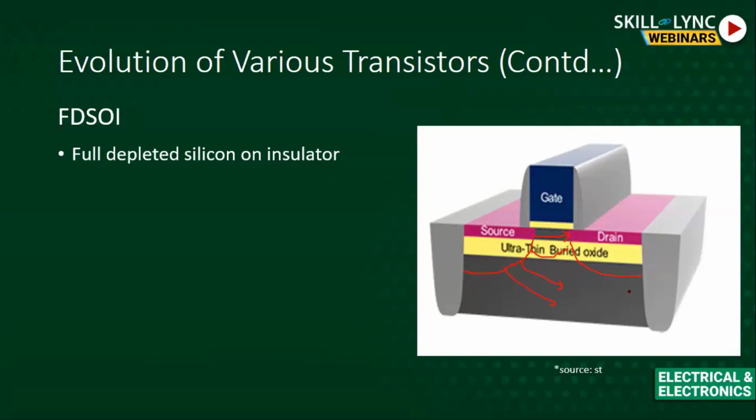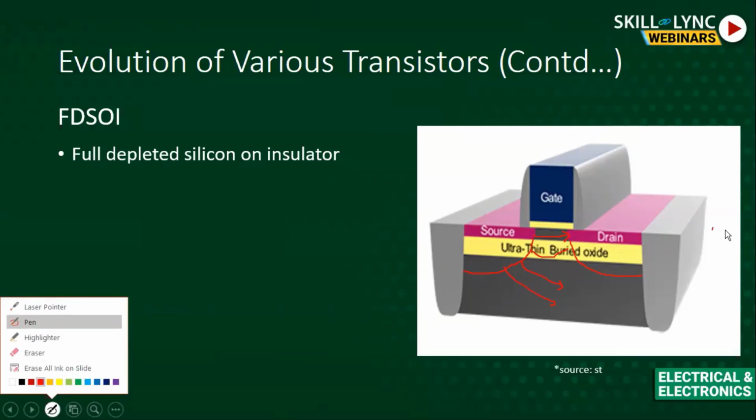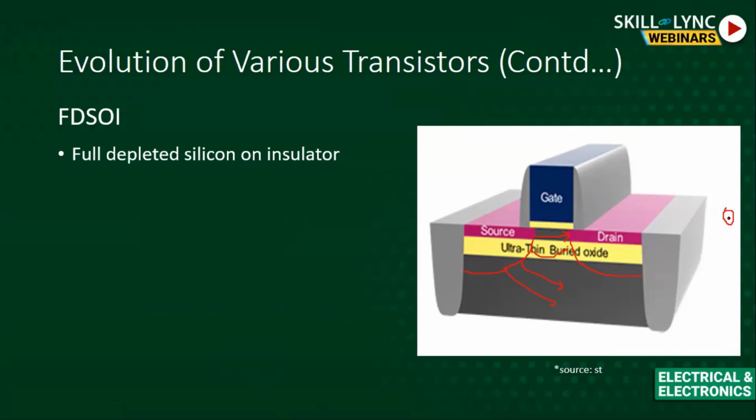I was not able to represent this in this particular PPT, so I can draw something like this over here. We'll have some voltage source over here, and we supply the body bias voltage. We'll be supplying some voltage to the body or the substrate, which is gray in color over here, and from the top we'll be supplying the voltage to the gate. The voltage is the potential difference between two ends, so one end is from the gate and the other end is from the substrate.